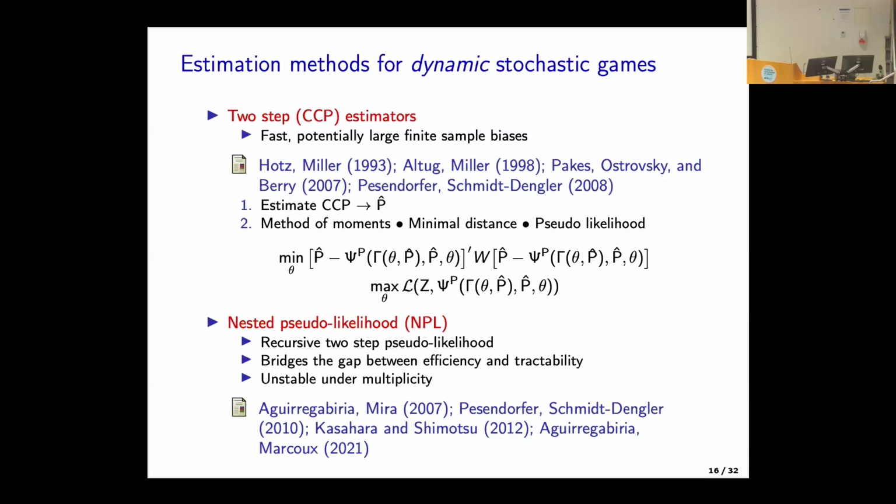And then there's another pseudo likelihood we talked about in the morning. It's kind of this recursive idea of updating these conditional choice probabilities. You first do a two-step estimator, get your conditional choice probabilities, or estimate the structural parameters using the two-step estimator. That implies a new set of conditional choice probabilities. Then you can use that for indexing the best response mapping again, and then you do the whole thing again and estimate a new set of structural parameters. You get a sequence of estimates.